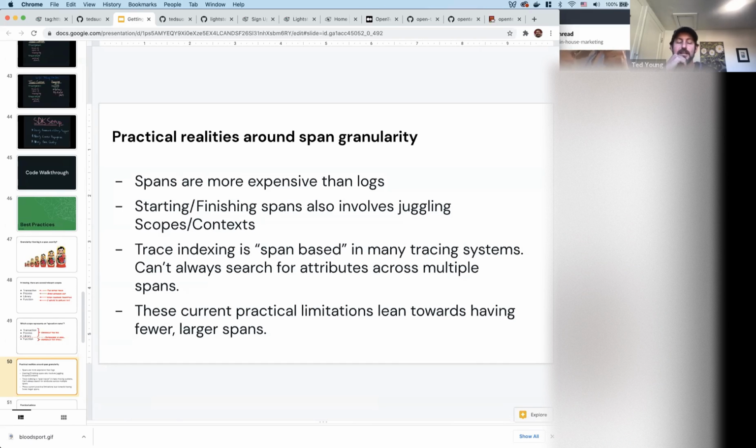It's also, as we saw before, starting and finishing spans means you have to create a try block and a scope. So that can be a little bit bulky. Ideally, you don't have too much of that going on in your application code. And there's also some practical aspects around being able to actually index and look up these spans in your tracing backend.